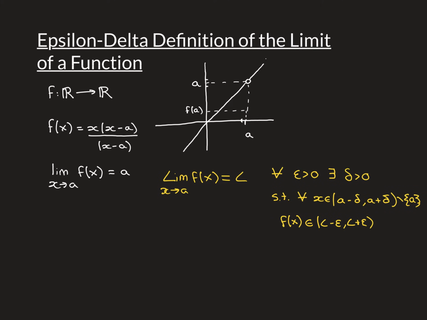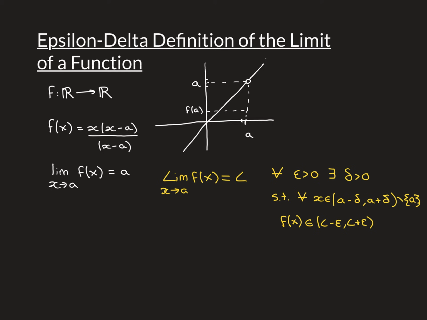So let's turn this intuition into a formal definition then, and this is the epsilon-delta definition that the entire video is about. So the meaning of the limit as x approaches a of a function of x equaling some value, which we'll now call L, and note in our example the value of L was equal to a, the same thing as you were approaching in the domain. Now in general, of course, that's not going to be true. That was just true because of how simple this example was. So in general, we need a different symbol for the limit, and we're denoting that L.